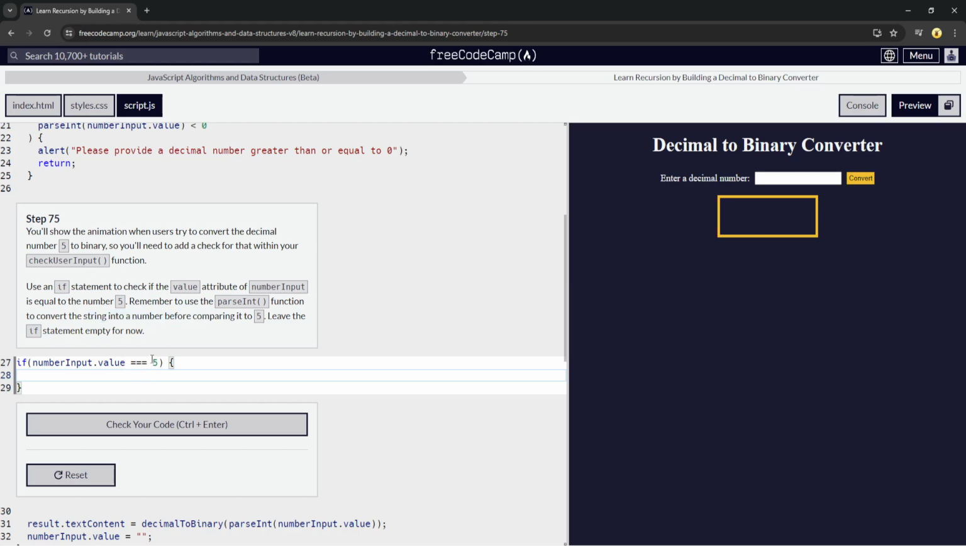Oh, so it says we got to use the parseInt function to convert the string into a number before comparing it to 5. And we're also going to leave the if statement body empty for now. So since this will be a string, the number input dot value, we could just add parseInt, and then inside here we could have number input dot value, and this will give us a number,